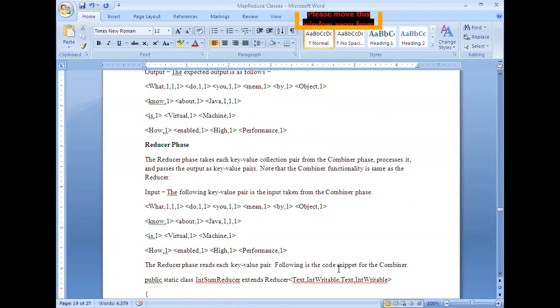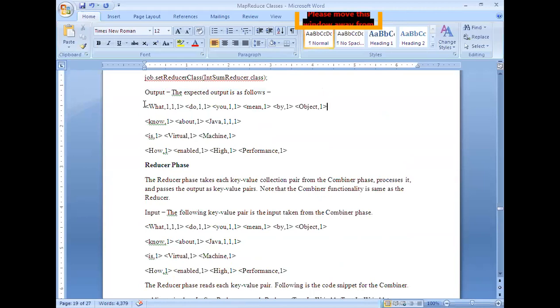Now, this is the output produced by the combiner class, the combiner object. This will be supplied as an input to the reducer phase. What is the reducer phase supposed to do? It simply counts how many values are present, how many number of times the values are present.